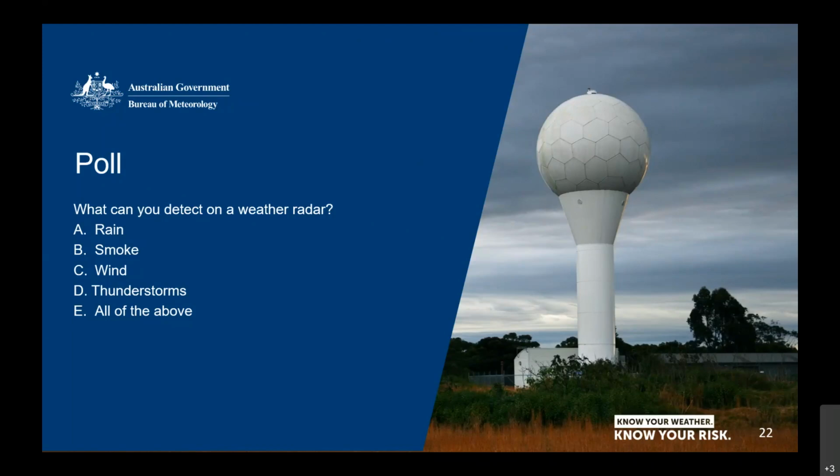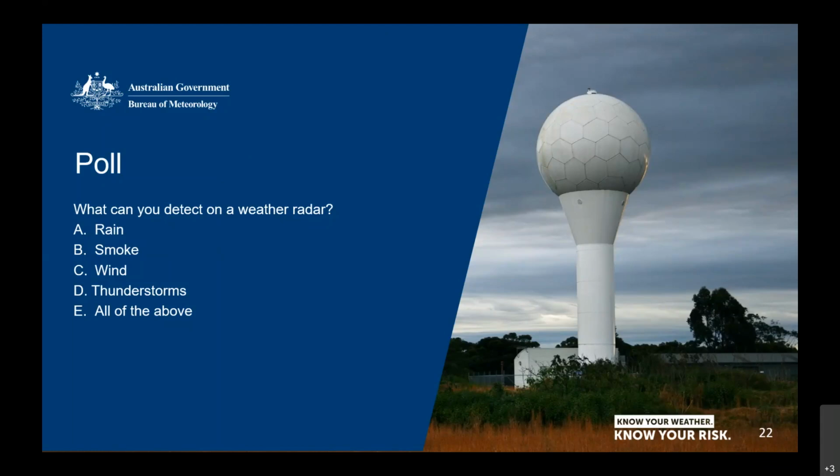Just following up on that, do most capital cities have a backup? Most capital cities do have a backup. So in the case of Brisbane, for example, the main radar is Mount Stapylton and the backup radar is Marburg. However, for a couple of the capital cities such as Perth, Darwin and Hobart, the backup radars are located at the airport and they're not always displayed on the internet.